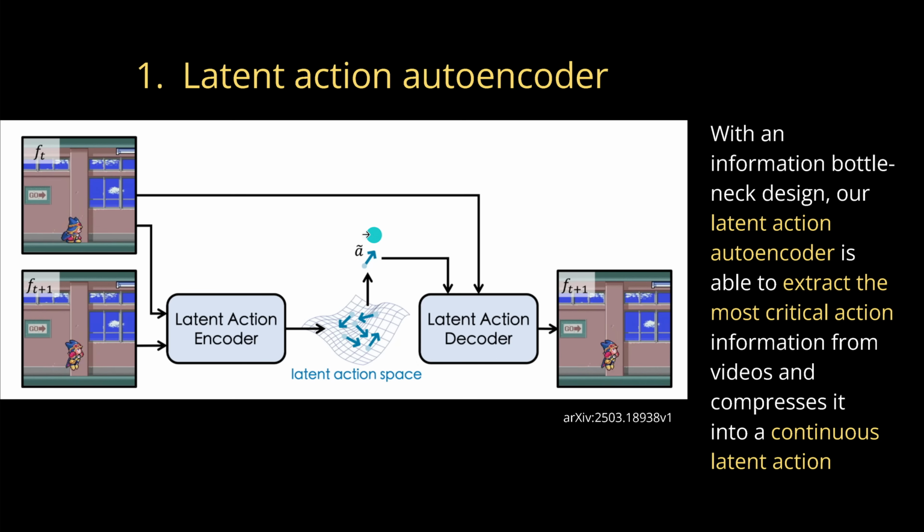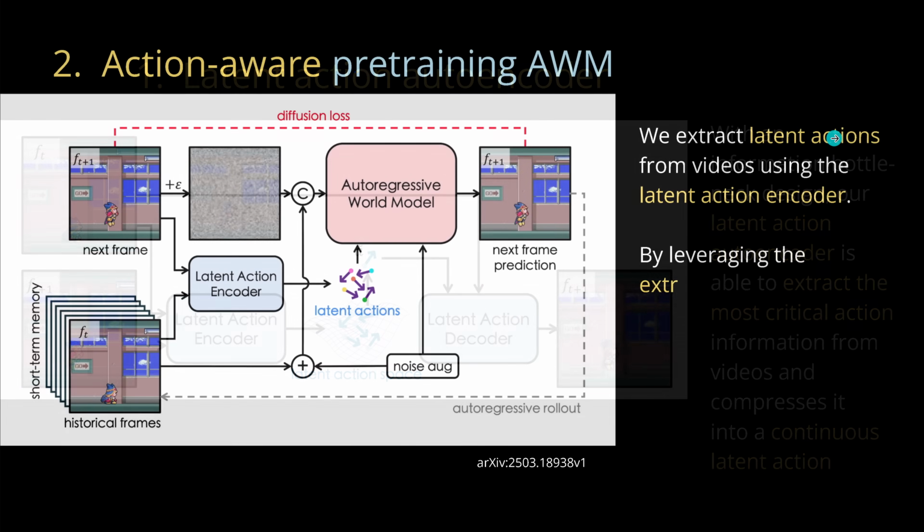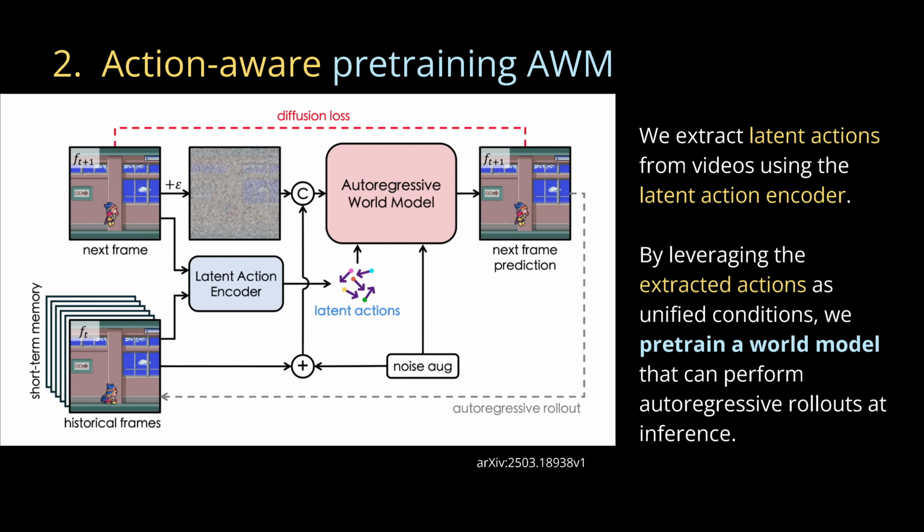So we have now this vector r tilde, this is now our jump vector. And if we then take the image at a time t, and we add this jump vector, then with the latent action decoder, it now generates an image t plus 1, where the person is now midair, it's jumping. Great. And we have a continuous latent action. In the second step, you notice,